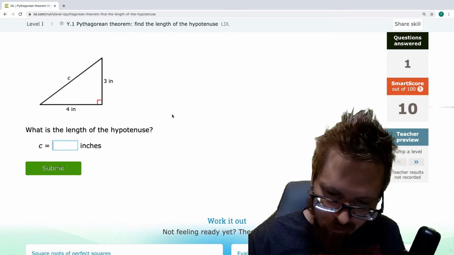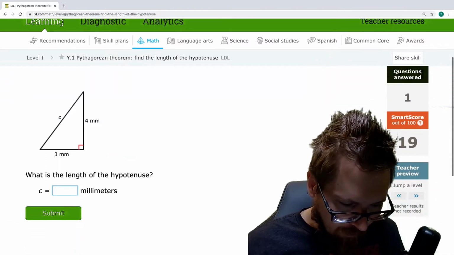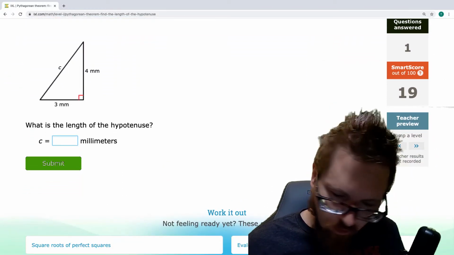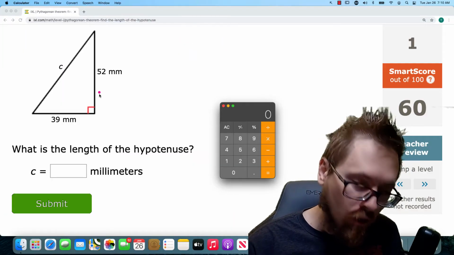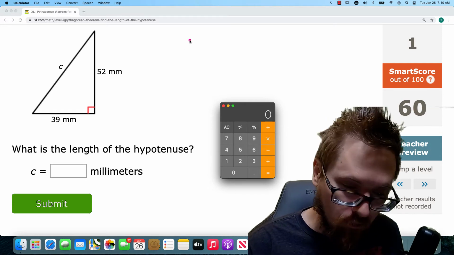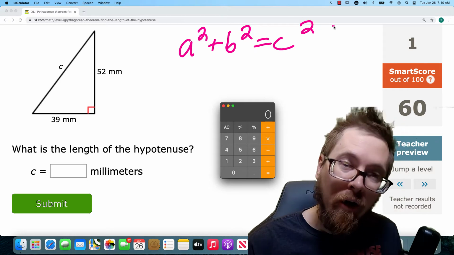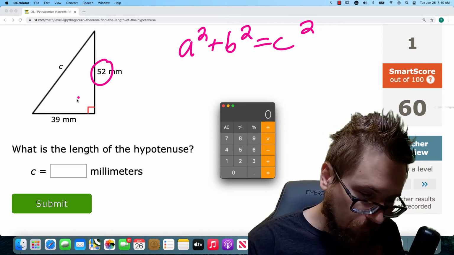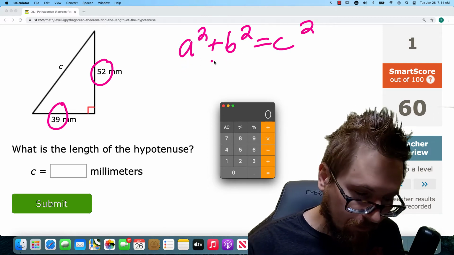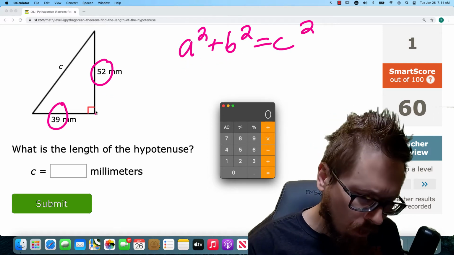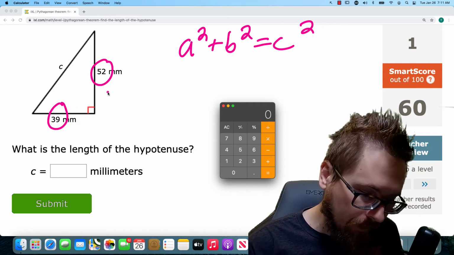Again, I don't want to stay on these easier ones forever. So I'm going to move up a level, and let's see what we have now. Okay, that's another simpler one. I'm going to go ahead and copy the formula down. We have a squared plus b squared equals c squared, okay? We take the 52 and the 39 and just go ahead and write that under the a and the b. Again, doesn't matter the order. It doesn't matter the order as long as the two legs, the two sides you're finding are right next to